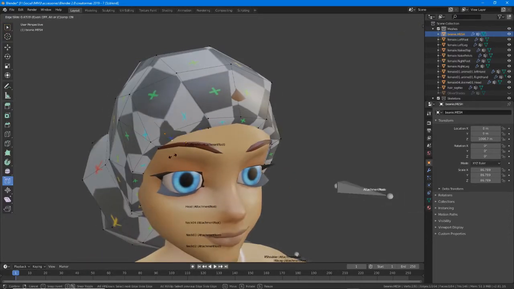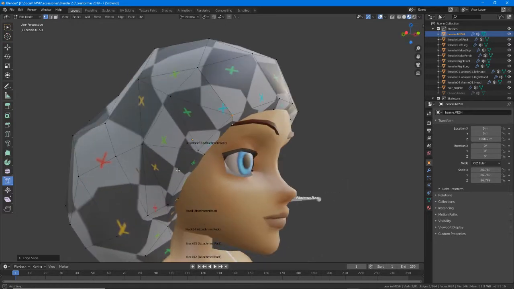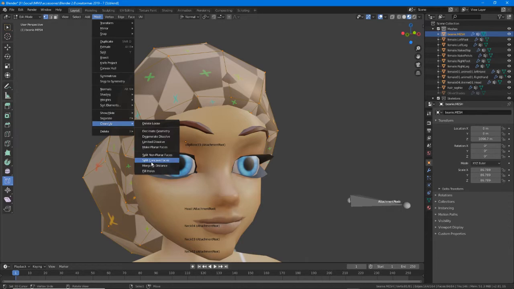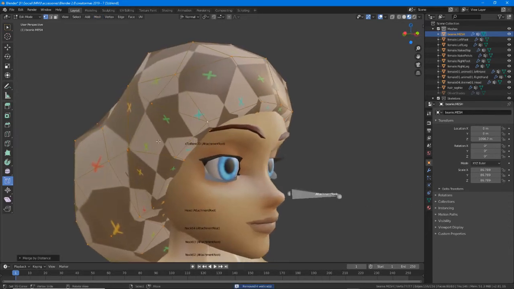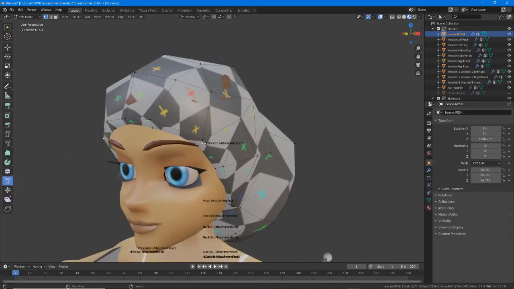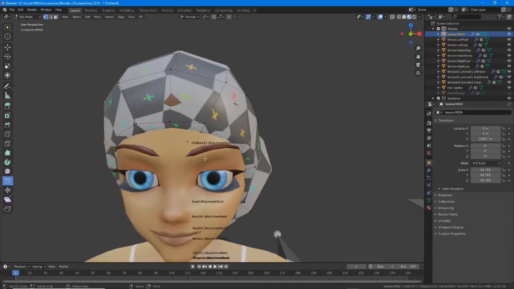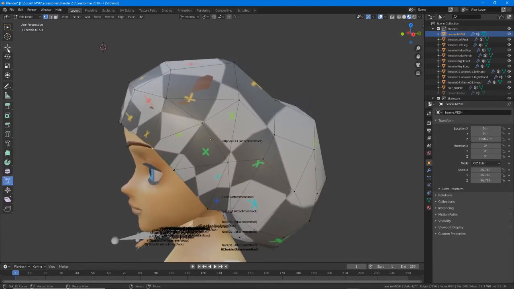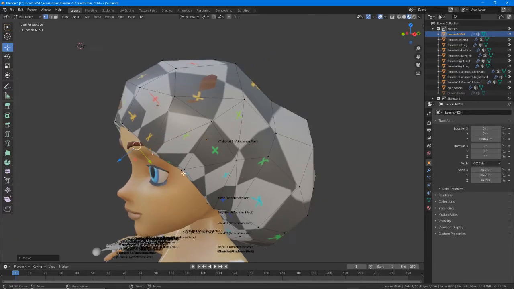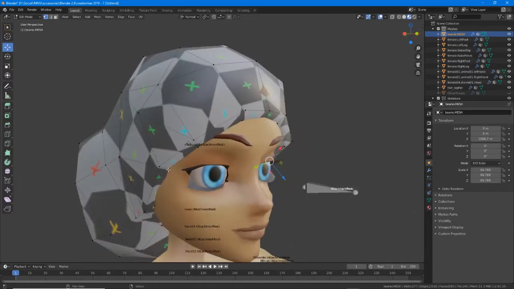Those two, double tap, get rid of those. So what we're doing, we're keeping the general shape of the mesh, but by changing its structure,